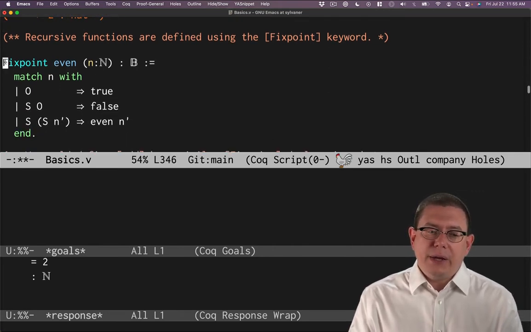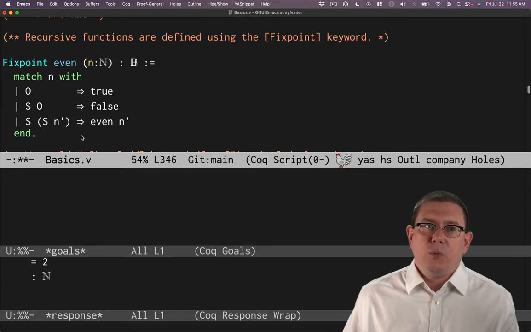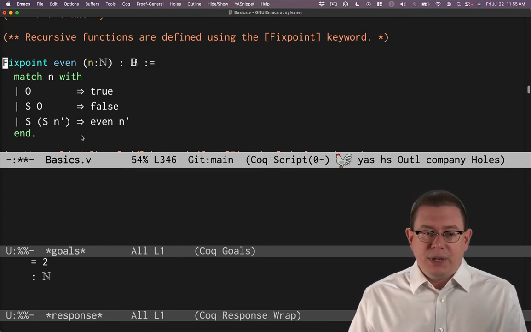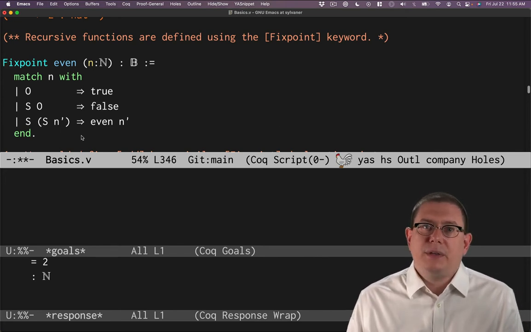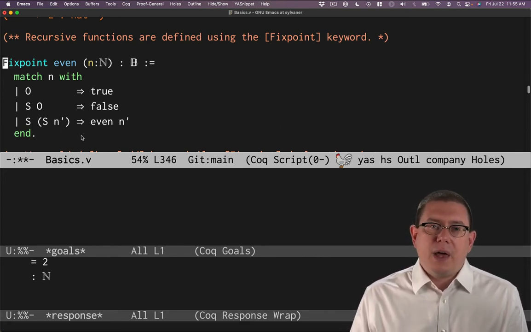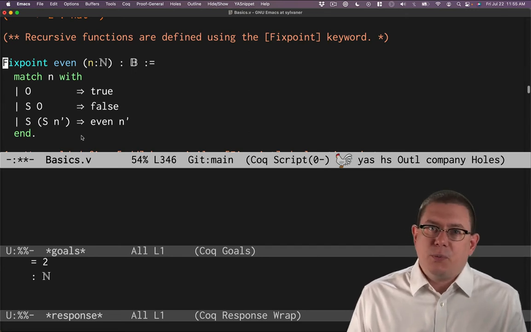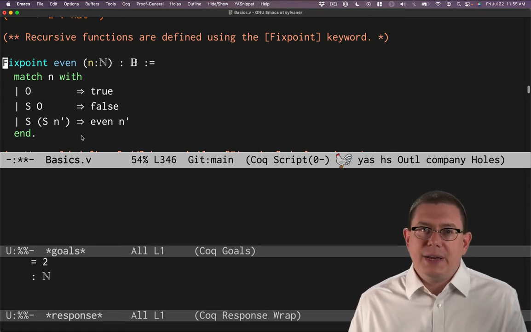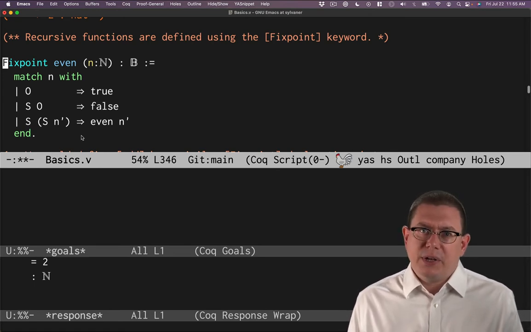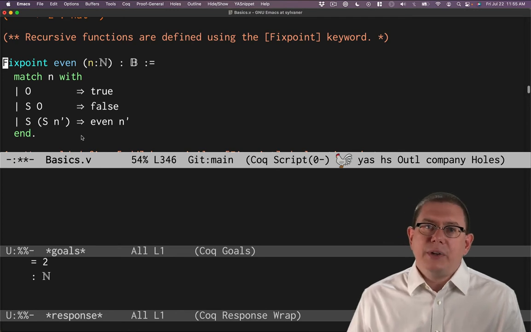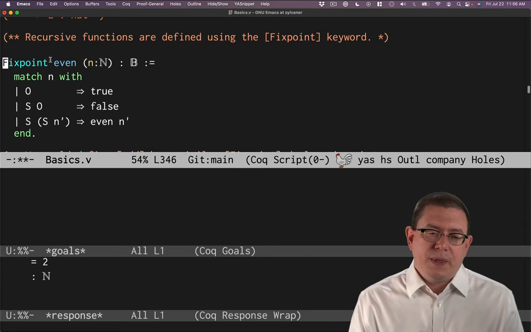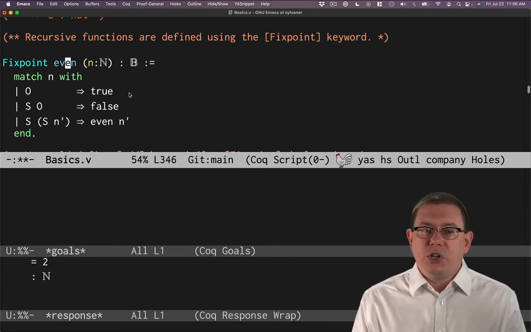Okay, so the vernacular command to define a recursive function is a little different. It is not capital D Definition. It is capital F Fixpoint. The reason for the name fixed point comes from programming languages theory. Fixed points are used to describe the meaning of recursive functions in it. Let's not get into that further right now. Take an upper level programming languages theory class if you want to learn more about that. For now, it's good enough to know that if you want to define a recursive function, you need to use Fixpoint. So we're going to define the recursive function even, which takes in a natural number n